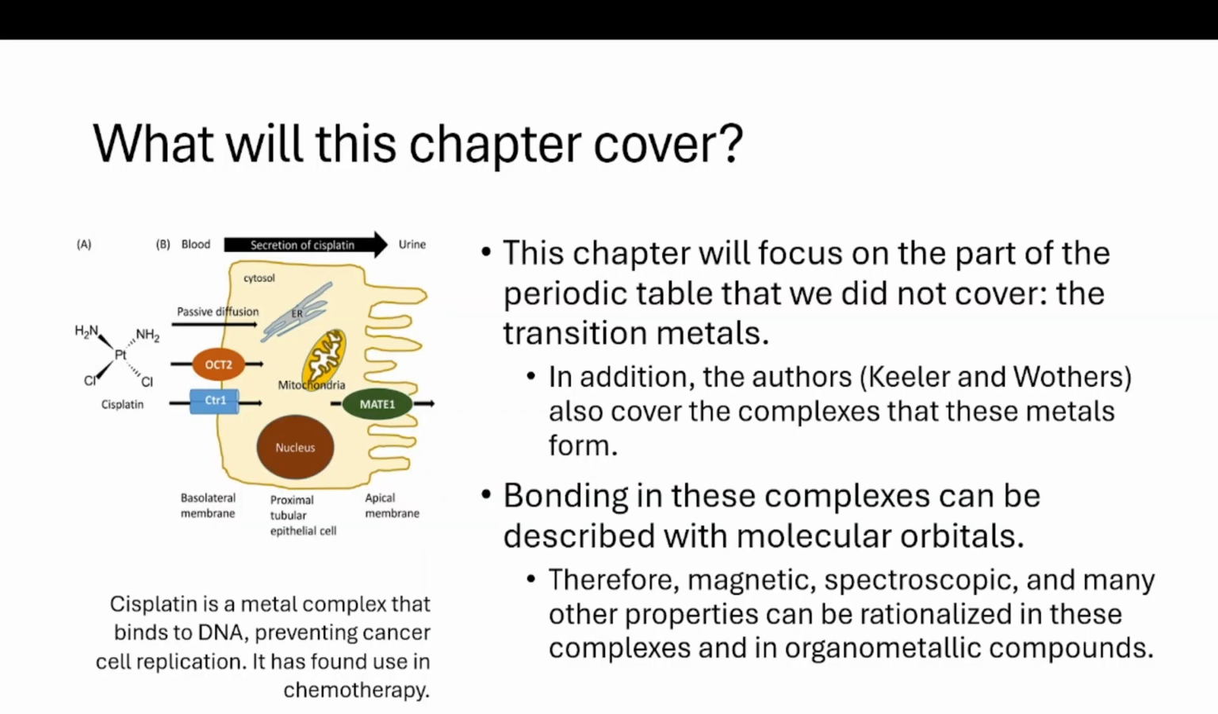So let's get straight into this. What exactly will we be talking about? I already mentioned transition metals, but we'll also go into their complexes. And these transition metals, such as iron, manganese, and copper, can bond with ligands and therefore form complexes that have many different properties that can be observed, such as magnetic, spectroscopic, and also many other properties that we will cover